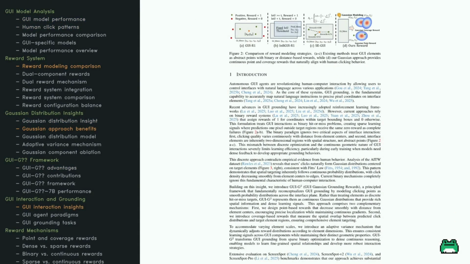Now look at Figure 2 here. It illustrates different strategies for rewarding models on GUI tasks. Starting with GUI-R1, it gives a reward of 1 if a GUI element is identified correctly, and 0 if not. It's a straightforward yes or no situation. Then we have